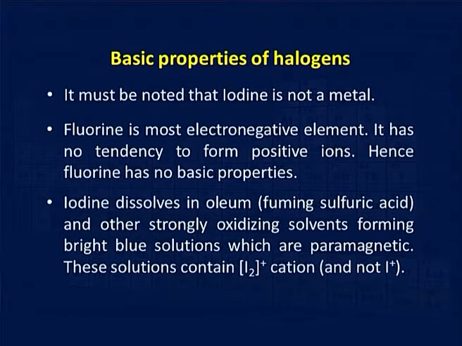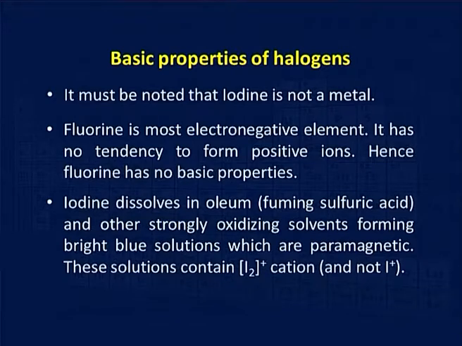Fluorine is the most electronegative element. It has no tendency to form positive ions. Hence, fluorine has no basic properties. Iodine dissolves in oleum. Oleum is nothing but fuming sulfuric acid, and other strongly oxidizing solvents, which form